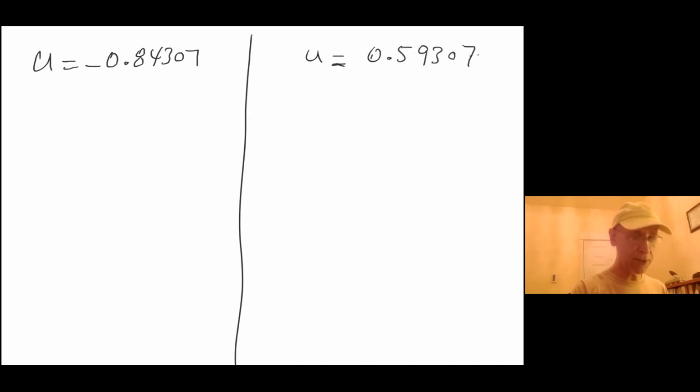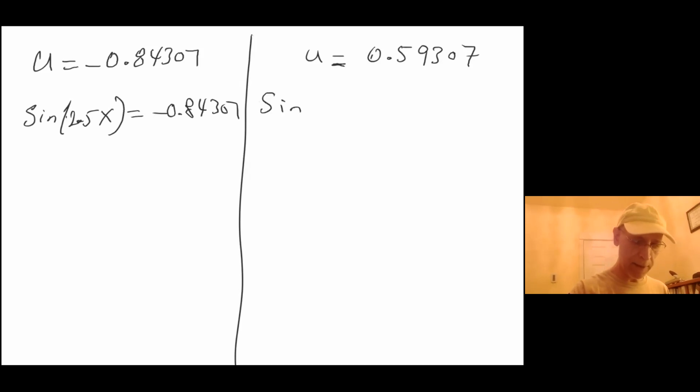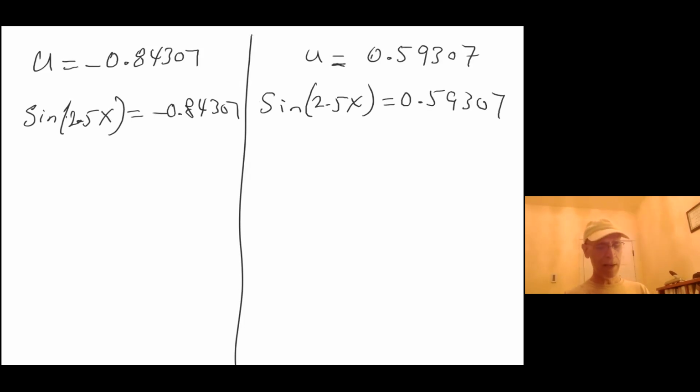And so we said that u was sine of 2.5x. So we had sine of 2.5x equals minus 0.84307, and sine of 2.5x equals 0.59307. Taking sine inverse of both sides,